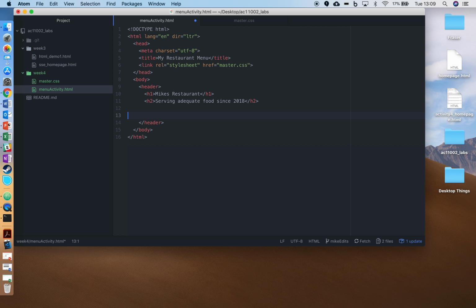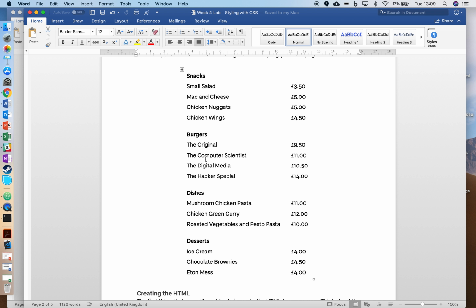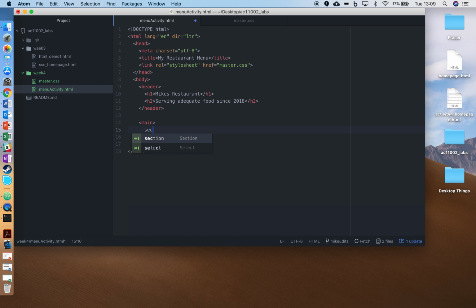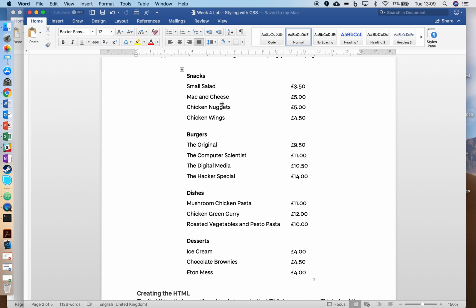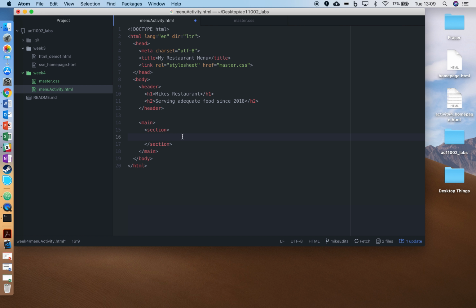Right, so that's my header, and then inside of my main, I need to create my menu. So I've got 1, 2, 3, 4 sections. So I'm going to create a section, and then I'm going to put in this first thing here, which is called snacks. So we'll do H2 snacks, paragraph,